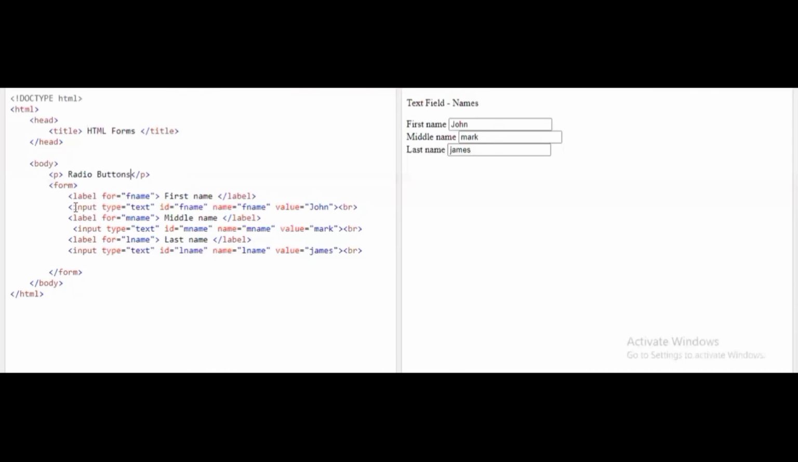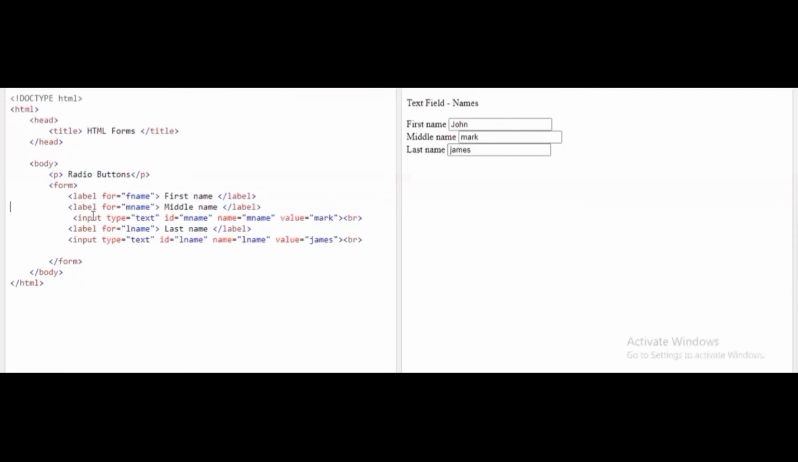Okay, friends, for instance, I'll be taking all this input text out. Okay, so